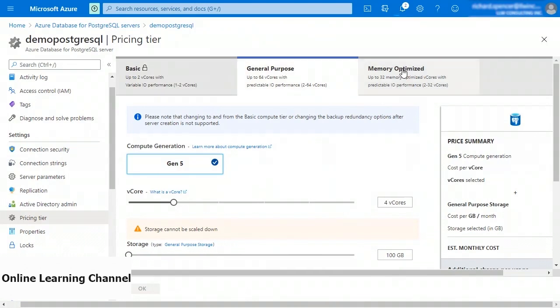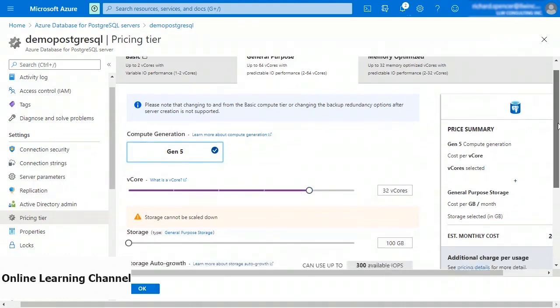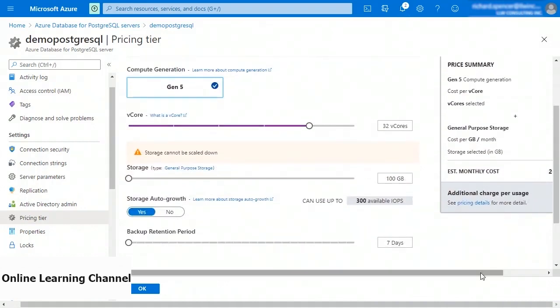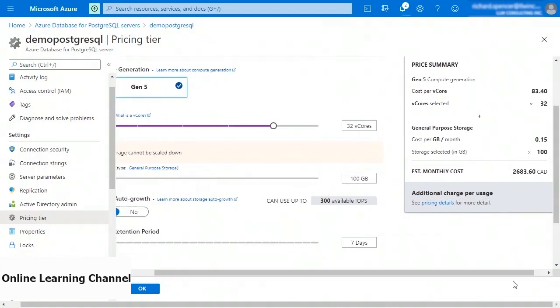You can just increase up to, say, memory optimized. Once we increase our virtual cores, we're obviously giving much more compute power to our database. We're also increasing the estimated monthly cost. I just brought it up to 32 vCores from 4, and then we went from $348 to